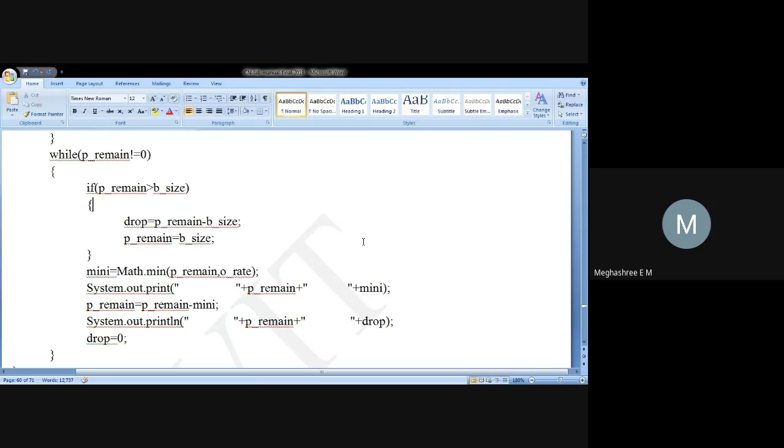Okay. Next. P remain minus mini. P remain is what? 6. 6 minus 4 is what? 2. That will be the new value of P remain. That I'm going to print it off. This will be considered till P remain becomes 0. Okay. Then I'm assigning drop is equal to 0. Yeah, that's all. That's how the leaky bucket